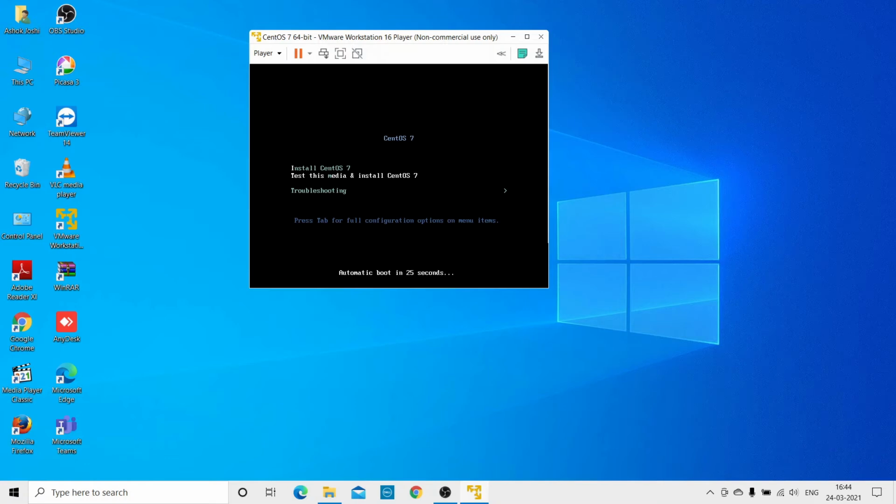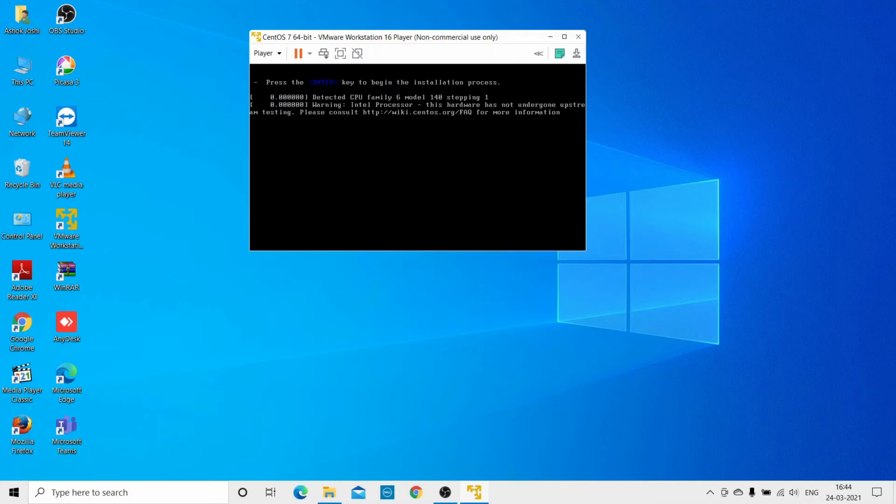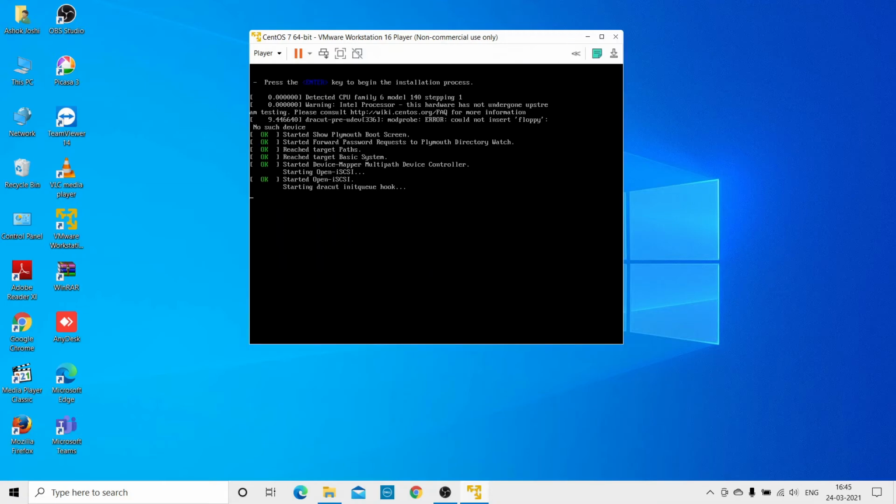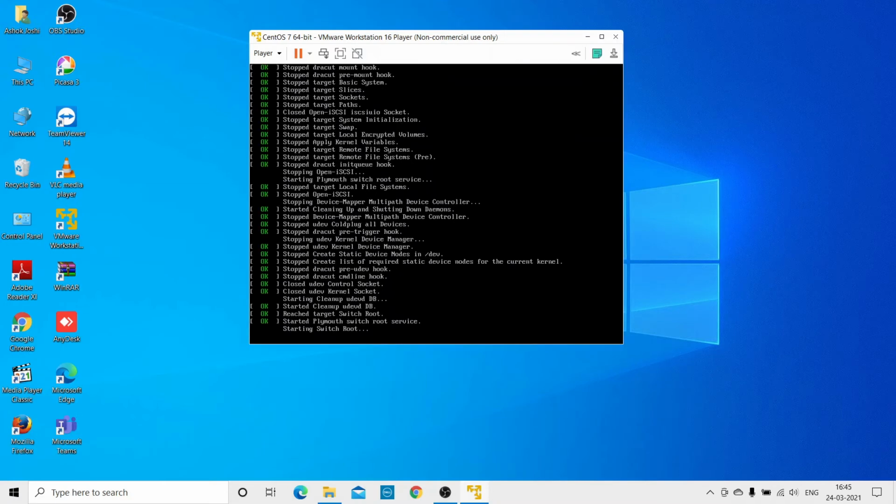Now you'll have to use your upward and downward keys to navigate and go to install CentOS 7 and press enter. After clicking enter, you can see that the content of the ISO will be read by this virtual machine, and there are some processes going on.